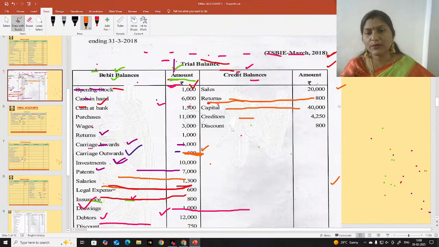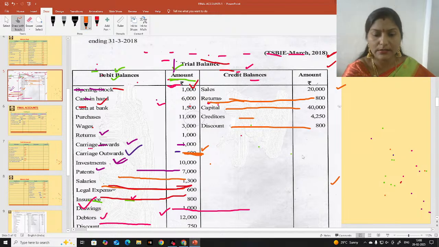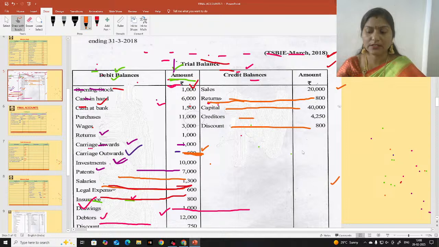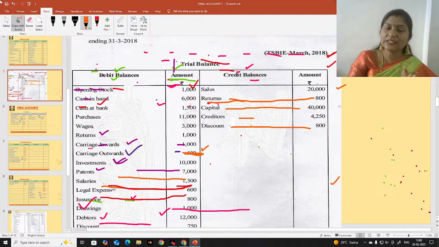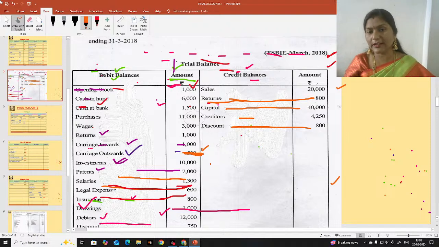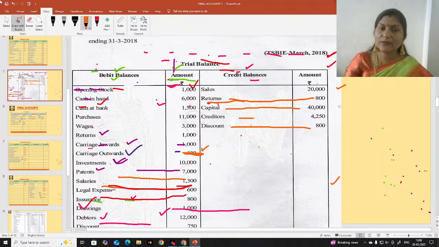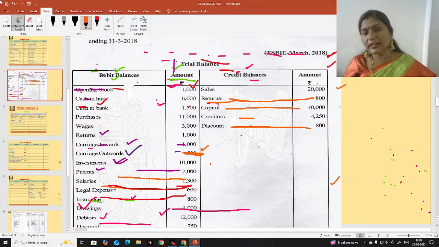So our next item is discount, students. Discount is how much? 800. Whenever any discount is given, sometimes they give discount on the debit side, sometimes on the credit side. If discount is given in the question on the debit side, you should record in the profit and loss account debit side. If that is given on the credit side, you should record in the profit and loss account credit